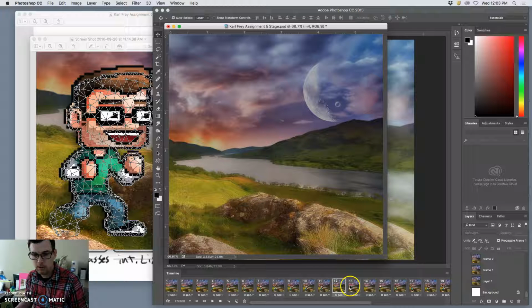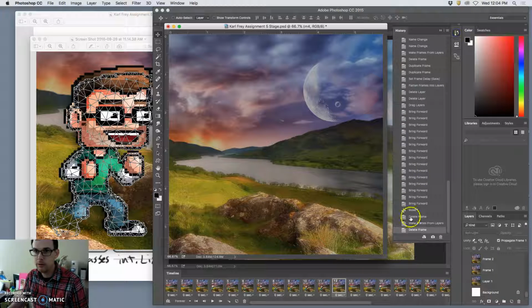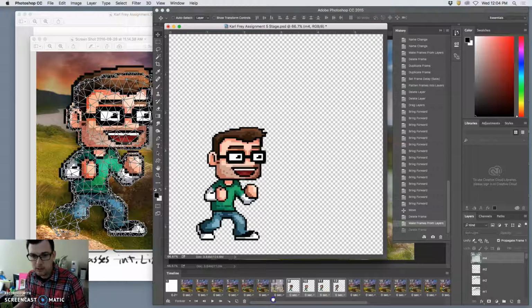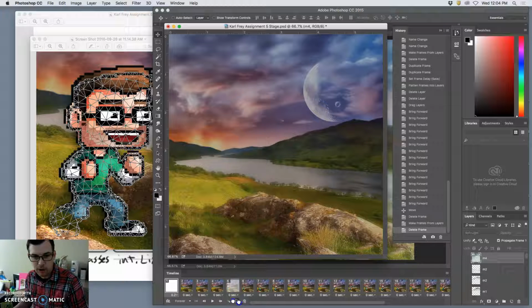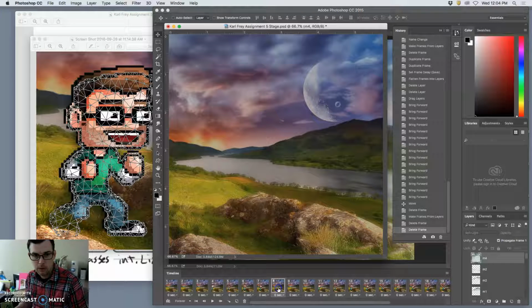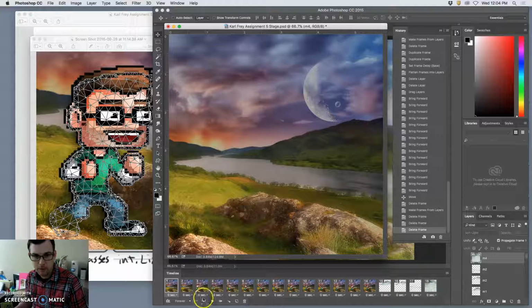Wait a minute. Let me go back in my history. So I don't want any of these. Basically, I'm getting rid of the frames that don't make sense, right? Oh, I know why I have all of these, because I never deleted them. All right. So now,